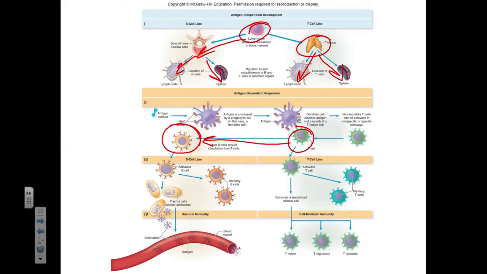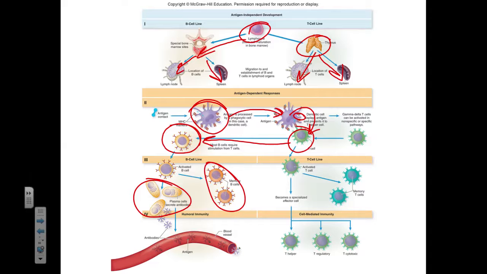We first need to have an antigen-presenting cell phagocytize the antigen and then express the antigen's proteins on its surface. That antigen-presenting cell then carries the bits and pieces of the phagocytized pathogen to a T cell and activates the T cell. That T cell can then activate B cells, and those activated B cells will differentiate to plasma cells